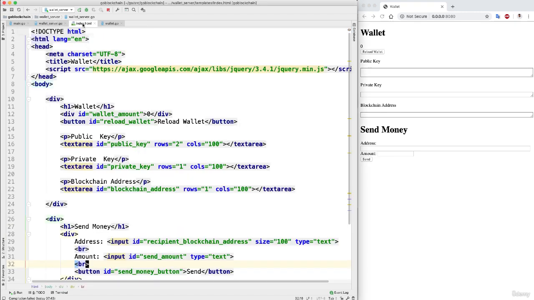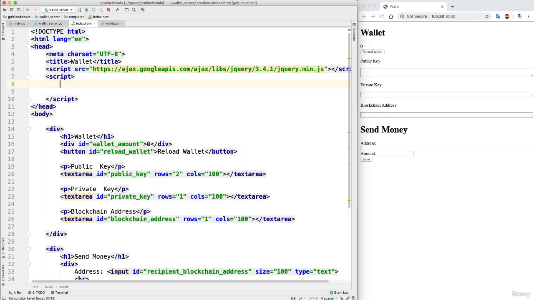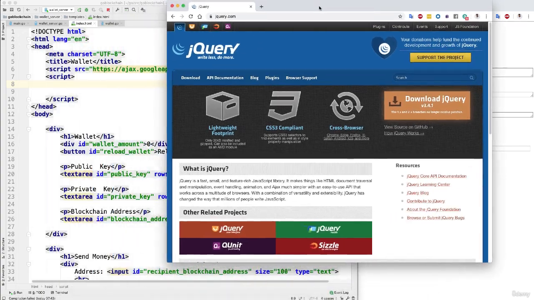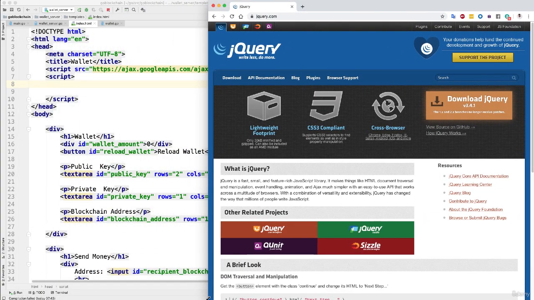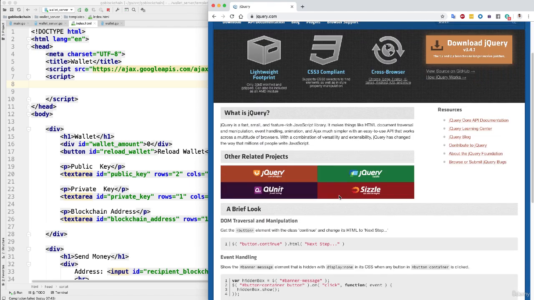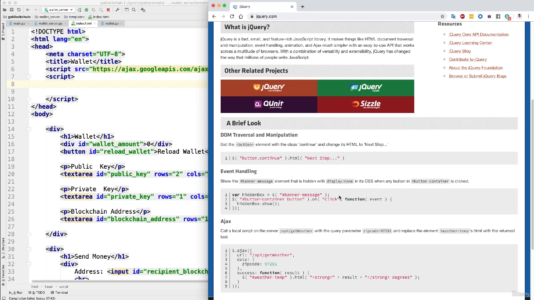From now, we want to refer to this to write the section where we access the API from the backend. We'll write script here, and from here we want to run our program using jQuery. I'm going to pull up the jQuery page, and if you're unfamiliar with jQuery, please refer to this API document. Instead of me going into detail about this, I think it would be easier to understand if I actually wrote